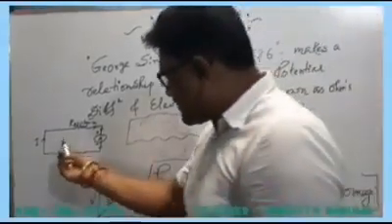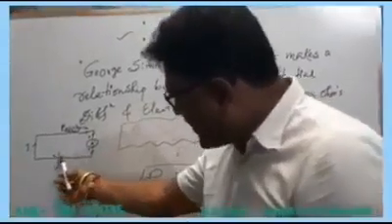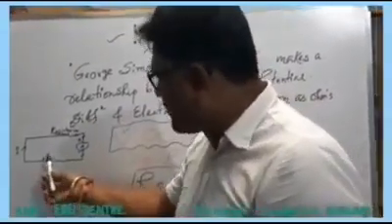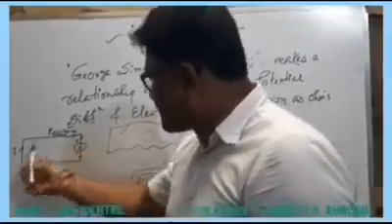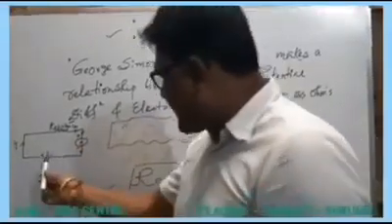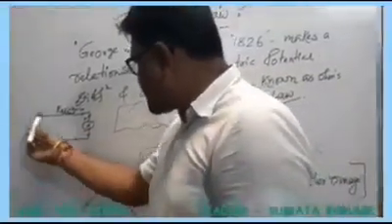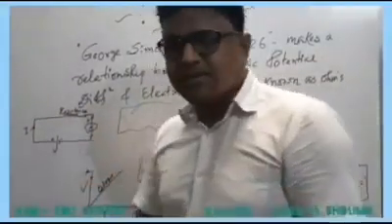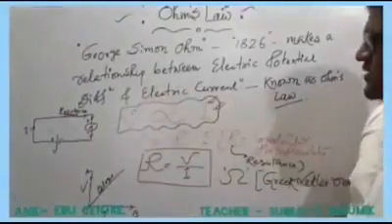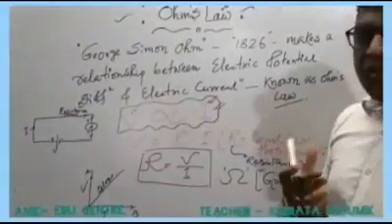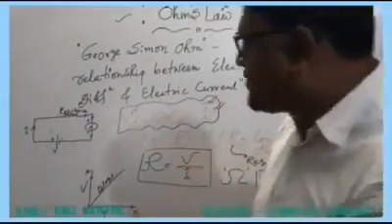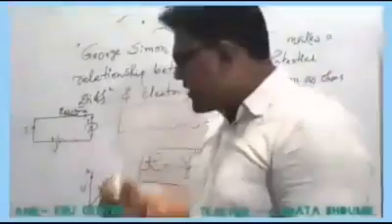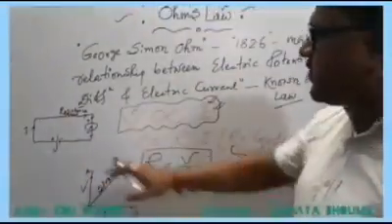Let us imagine this is a circuit. This is a battery. We know that electrons flow from the negative terminal to the positive terminal, and electric current always flows from the positive terminal to the negative terminal. And what is the function of resistance? Resistance is an opposing force applied on electrons, through which a larger amount of electric current cannot flow in a particular circuit.